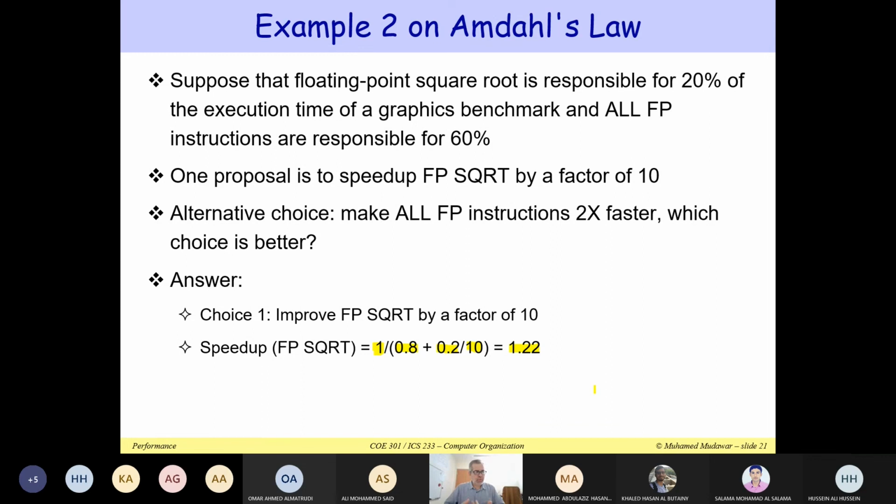Now, what we have to do is repeat for choice number 2, which is improving all the floating point instructions by a factor of 2. So what will be the speed up if we go with choice number 2? If we improve all the floating point instructions by a factor of 2, what will be now the speed up? Can you tell me what's the equation for the speed up? Yes, go ahead. Yeah, the old value will be 1. Exactly. So it's 1 divided by